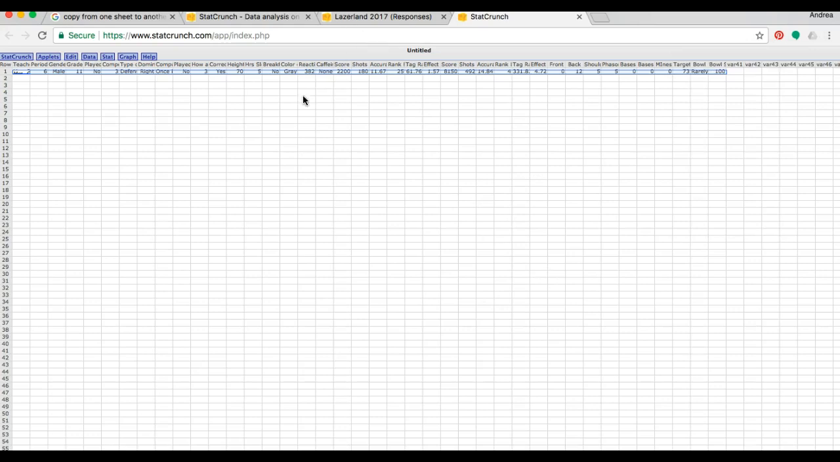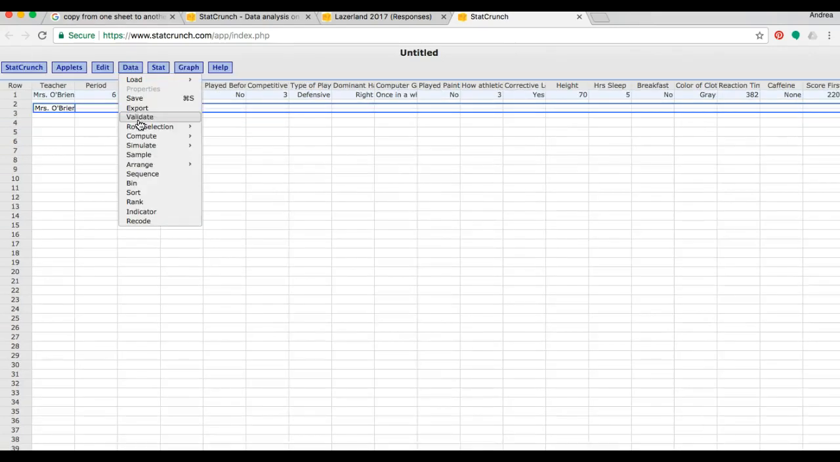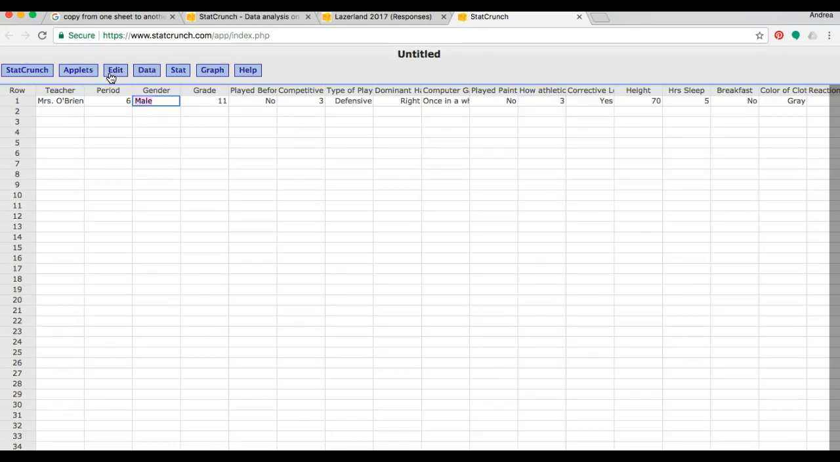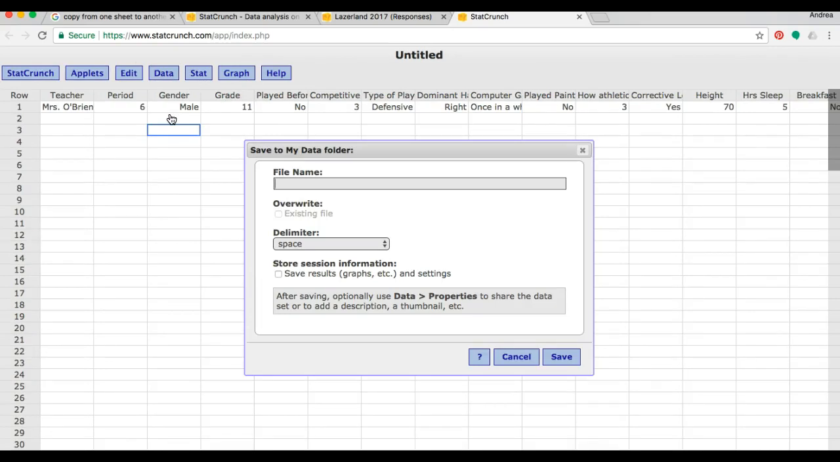And we need to save this. So remember, you're signed into StatCrunch. So we're going to go to Data, and we're going to click Save. My computer's freezing a little bit. Data and Save. Okay, when you save this, you should call your file name sample and then use your name